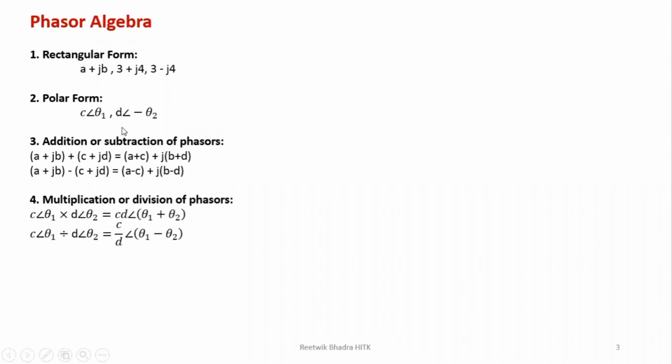If it is in angle form, what you will do is, C and D is your magnitude which will get multiplied. So if you do C at an angle theta 1 into D at an angle theta 2, you will directly multiply it. So CD it will become, and angle becomes added. So theta 1 plus theta 2. If it is divide, then magnitude C and D becomes normal division, C by D. I have taken an example later also, you can see. And this theta 2 comes in the numerator and becomes minus. So ultimately theta 1 minus theta 2.